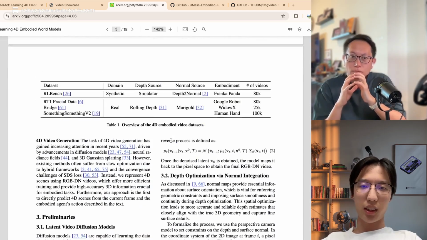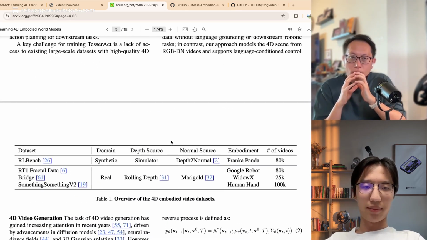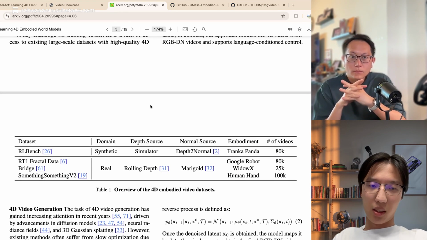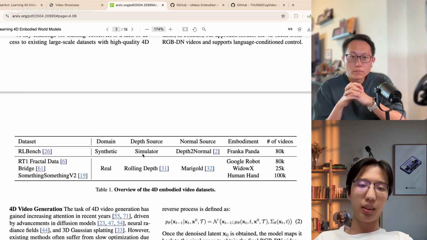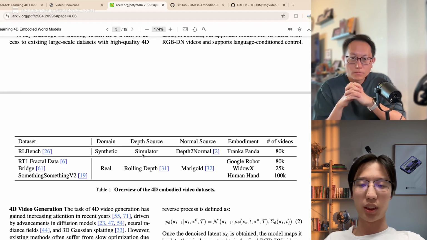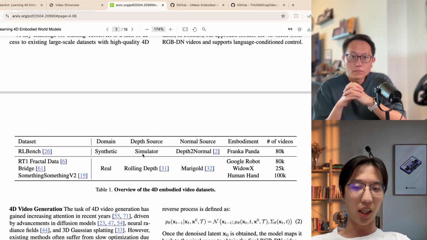For the dataset, it's in Table 1. We use some synthetic data from a simulator called RLBench. It can give precise depth and normal annotations.